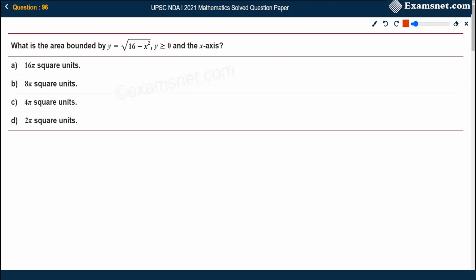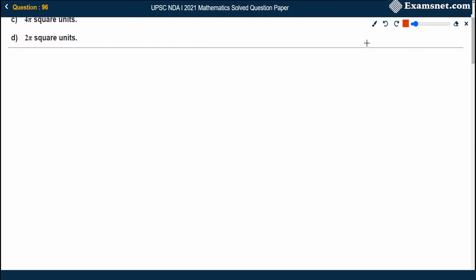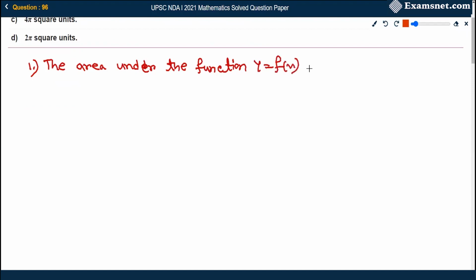In question number 96, it is given: what is the area bounded by y equals root under 16 minus x square, y greater than or equal to 0, and the x-axis? So first of all, let's talk about the concept first. Here, the area under the function, let's say the function is given as y equals f of x from x equals a to x equals b,